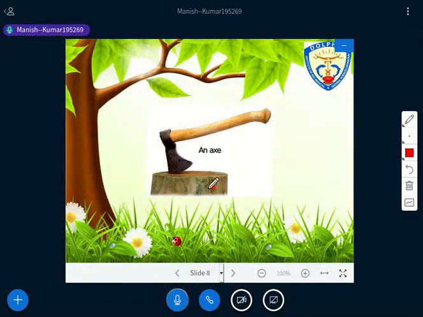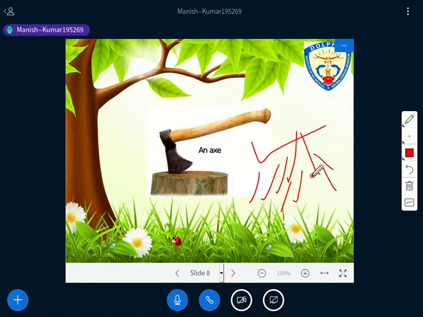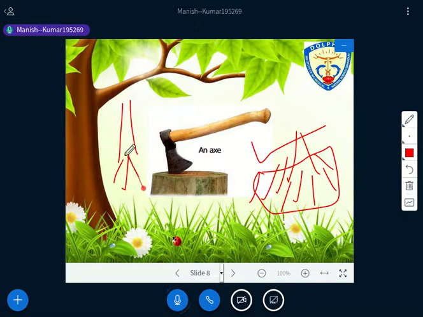Now go for the axe. Then you also need this instrument, the axe. Why do we need an axe there? Sometimes what happens, as you see, a tree may have buttresses, the bulging at the base of the tree, a certain kind of bulging structure. So using this axe, you are able to trim the buttresses part. Is it clear? You have seen, we have a tree, and suddenly this base part is a bit bulging. So using that axe, we can trim the buttresses.